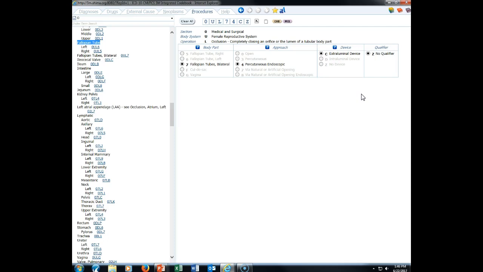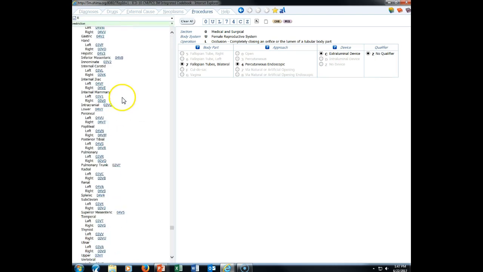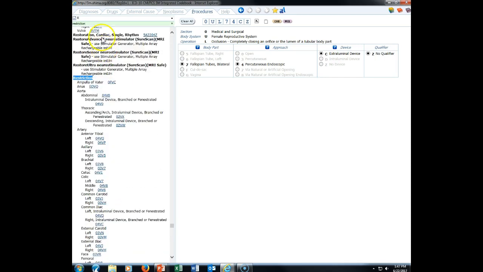That's a Nissen fundoplication. A gastric banding is an example, a cervical cerclage. If they do clipping of a cerebral aneurysm or an aneurysm, a repair with a stent graft, those are examples of restrictions. And so in the index, let's go to restriction. And you can see that there are quite a few entries for restriction, so you need to be very specific about